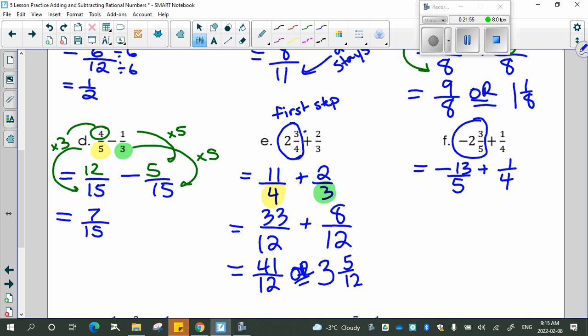Okay, good. So we've got 2 different denominators here. So we need a common denominator. What's that going to be? Yeah, 20. And how did you get that? 5 times 4. Awesome. So you can always multiply to get a common denominator. So here I had to multiply 5 by 4, so I also have to multiply negative 13 times 4. And that's going to give me negative